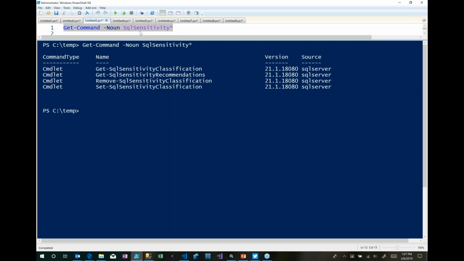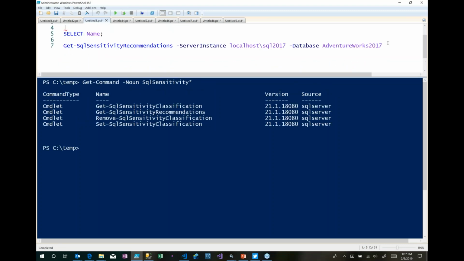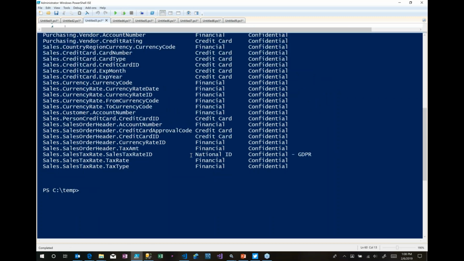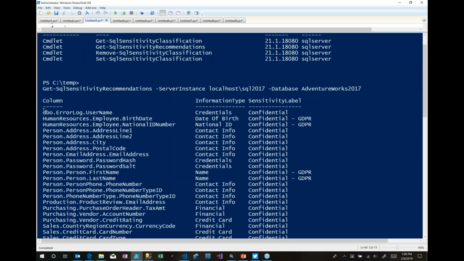And just to call out, in the latest version of the SQL Server PowerShell module there are 4 new data classification cmdlets you may want to take a look at. They're pretty interesting. Obviously, this is the first time they've put this in, and I can't wait to see where this goes. I just want to show you a sample execution of them in the AdventureWorks database, and you can see how